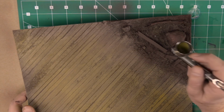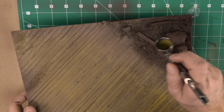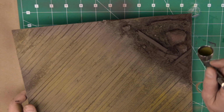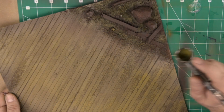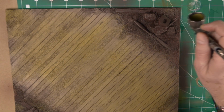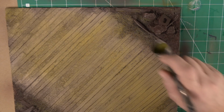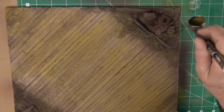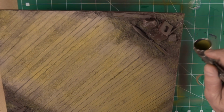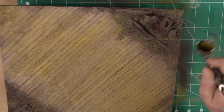Don't be afraid when you touch the rock or the wood, because that's going to be painted by themselves anyway at a later stage. And as you can tell, you can already see the color nuances over there. Let's do the other side. So as far as airbrushing is concerned, that's it. We're going to let it dry for a couple of minutes, and then I'm going to apply some Humbrol paint